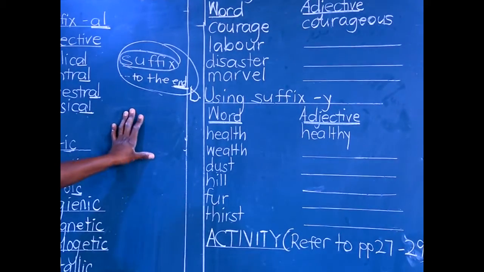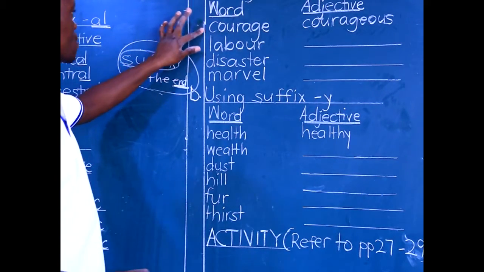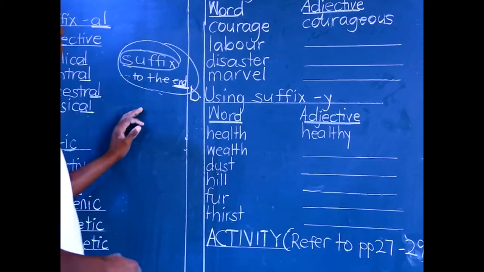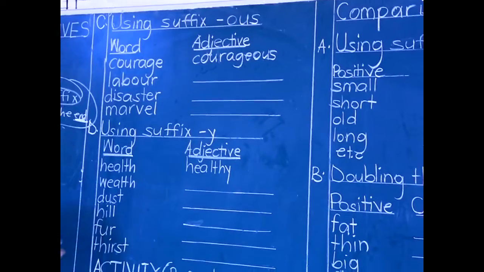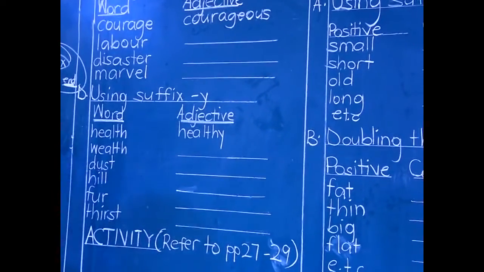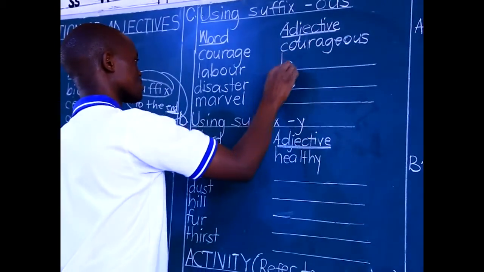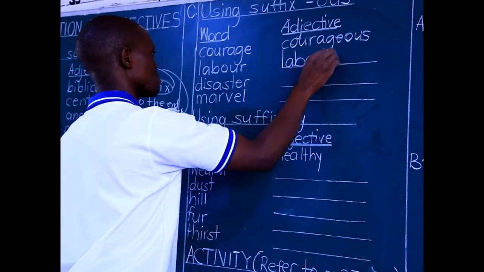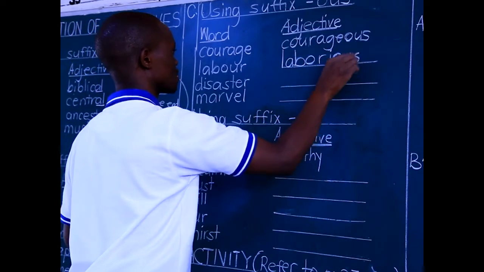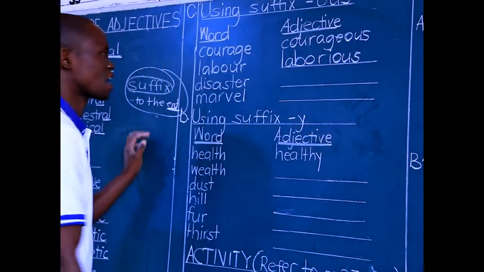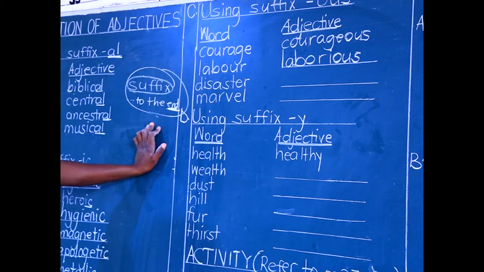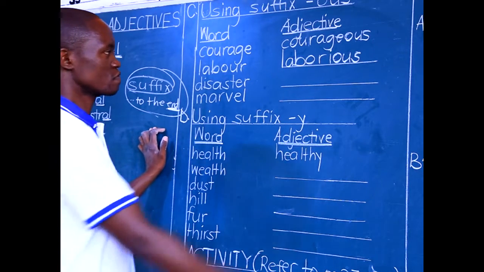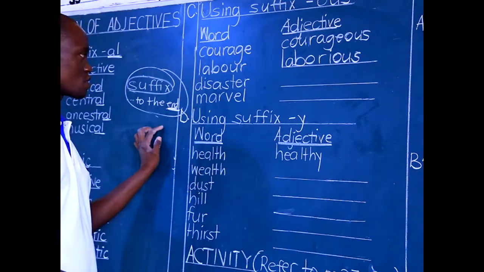Very common here. Very common right from lower primary. We've been learning this stuff, because I believe the word courage, courageous, is not strange to you. We have labor, which changes to laborious. Laborious tasks require a lot of work or a lot of labor, because labor means work. So a laborious task or a laborious activity requires you to use a lot of work while doing it.